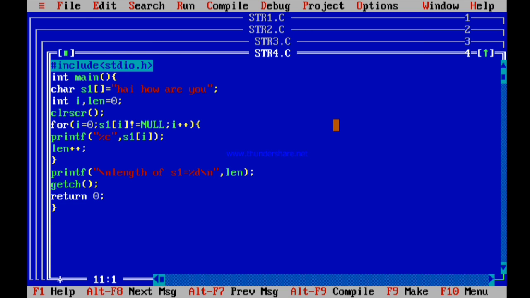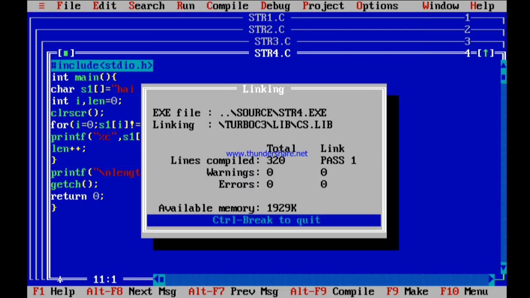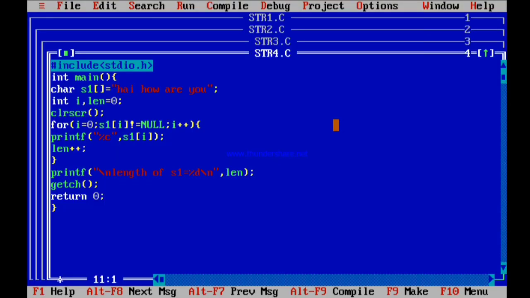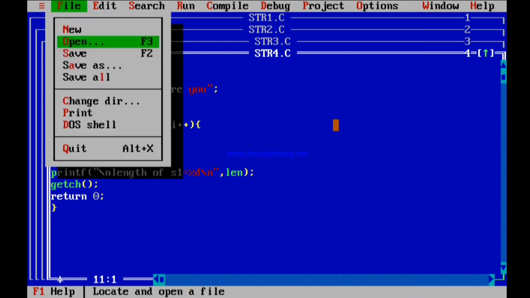Instead of typing Alt F5, I'm just using getch in order to hold my output screen. I have used clear screen, and I'm executing the program again. So the string is "hi, how are you", and the length of the string is equal to 15. This is the output of my program, friends. I'll move to the next program.